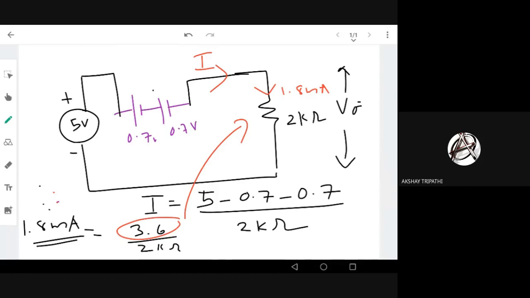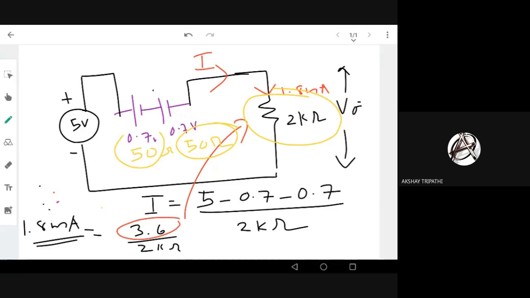Okay, I hope it is clear. Here we are not using the piecewise equivalent circuit model. We are just replacing the diode by a 0.7. One reason I am doing it like this is that the output resistance is 2 kilo ohm. So even if I put in resistance values like 50 or 40 or 10 ohm, it's negligible, right? Even the error is less than 10% or so. Even if you take a forward resistance of 50 ohm, it's not going to affect much. So it's fine, I'm okay with the error.